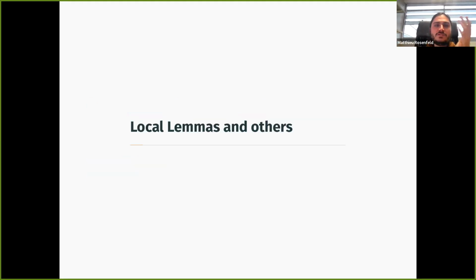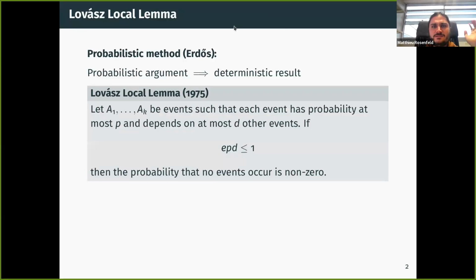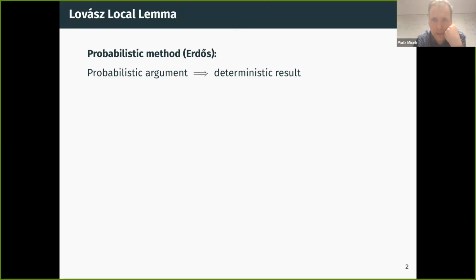Okay, so let me try to see what kind of argument it resembles. I'm going to talk about local lemmas and other related things. First, do you see the zoom bar on top? Is it fine? Okay. No zoom bar, just the counter at the top right. Okay, so